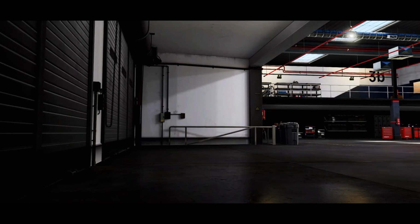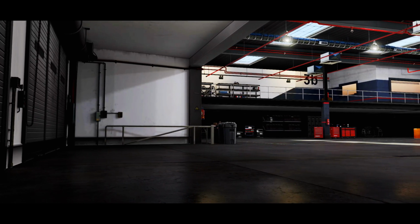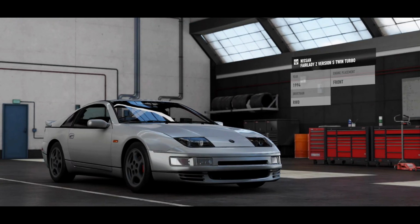So today, we are changing things up a bit. My decision was to choose something different, something subtle, something cool and really fun to throw around and drive every day. This is the Nissan 300ZX Fairlady, from a suggestion that I received from a friend to talk about this